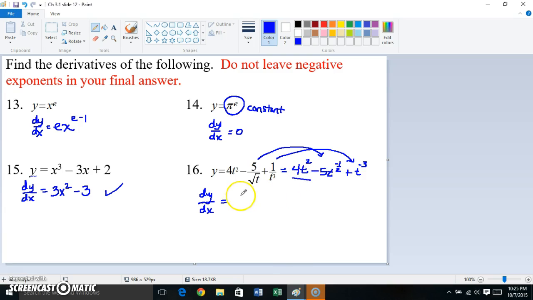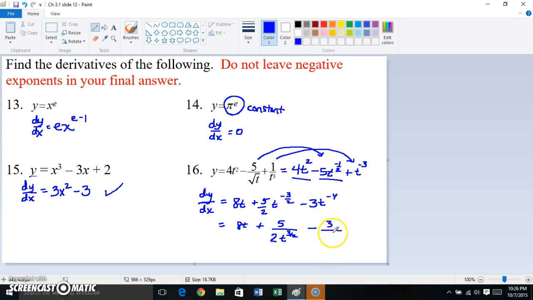So first piece, 4t squared has a derivative of 8t. Negative 5t to the negative 1/2 will have a derivative of positive 5/2 t to the negative 3/2. T to the negative 3 will have a derivative of negative 3 t to the negative 4. Once you've taken the derivative of every piece, then it would be wise to rewrite it with positive exponents. So 8t plus 5/2 t to the 3/2